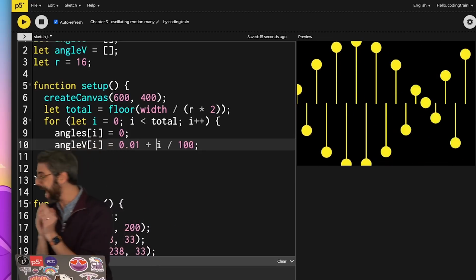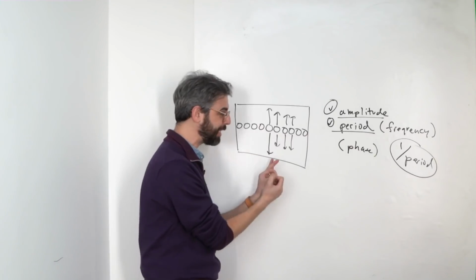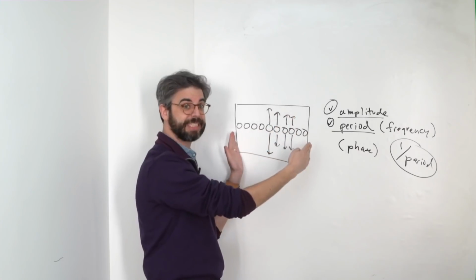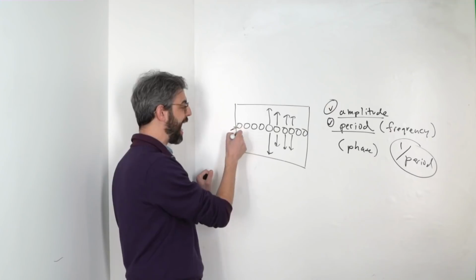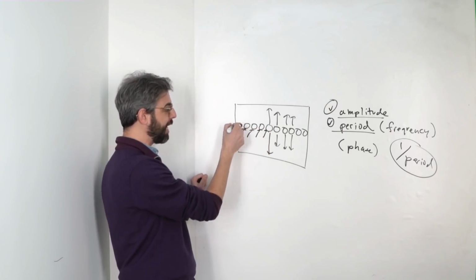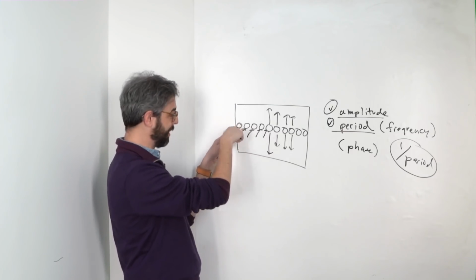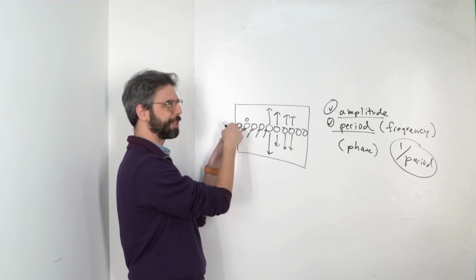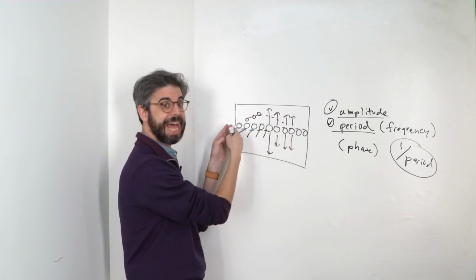But I want to get back to talking about the reason why I was here in the first place, which is phase. I want to see this graphed like a sine wave. The way to do that is simply to have a different starting angle for each one of these dots. For example, if this dot starts at angle 0, then its sine of 0 is in the 0 position. Then this one might be slightly higher at angle 0.05, 0.1, 0.2. We'll start to see that graph play out.